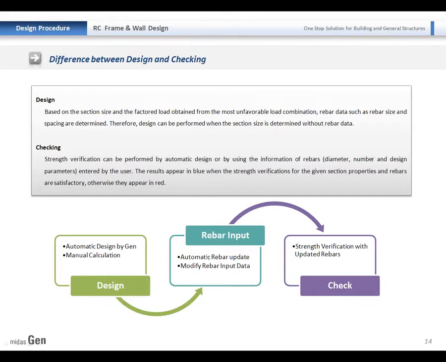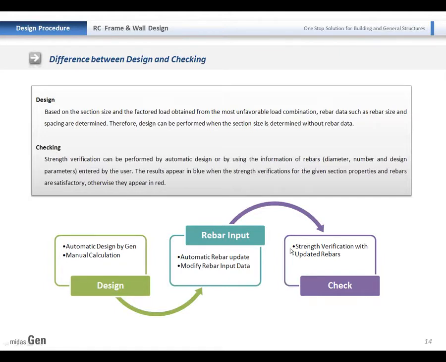Then the program will give you the recommended rebar area, spacing and the dimension of the rebar. Based on the results, you can automatically enter the rebar data to the member, or you can manually enter the rebar data as well. After that, if you have made any changes in the rebar data, you may need to verify the members again based on your desired design code.